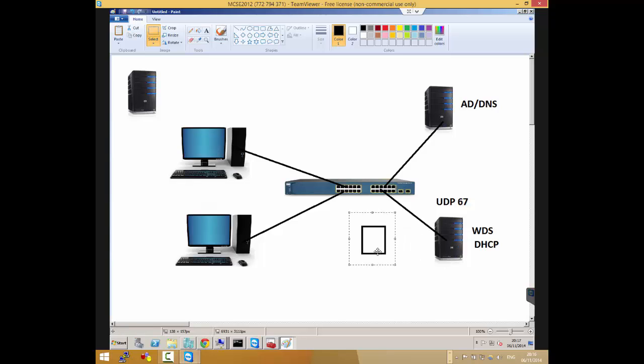But there's a disadvantage to that. Actually, Microsoft doesn't recommend this. Because you see, in the other situation where DHCP is sitting on itself here, and WDS is sitting on itself here, when this machine sends this one to DHCP and DHCP replies with an IP, and it sends this one to WDS, WDS can actually negotiate with this client and say, okay, you are x86 architecture, so the best boot file will be this one.